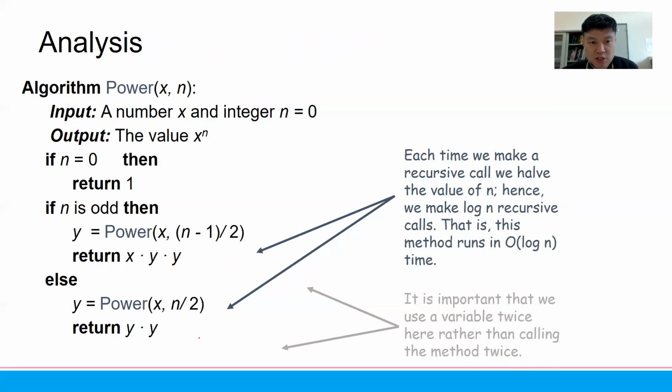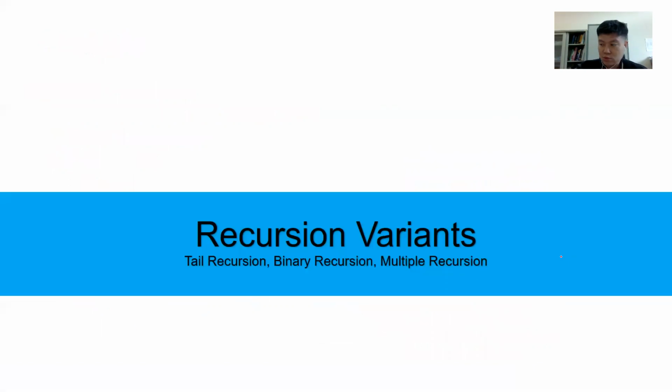So this is the explanation. Because we divide by 2, the operation time will be about half of the n power. So we can say that this recursive method produces O(log n). It is important that we use a variable twice here rather than calling the method twice. Okay. So if you want to check more about this,